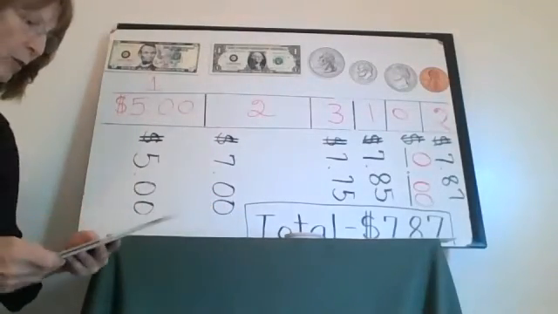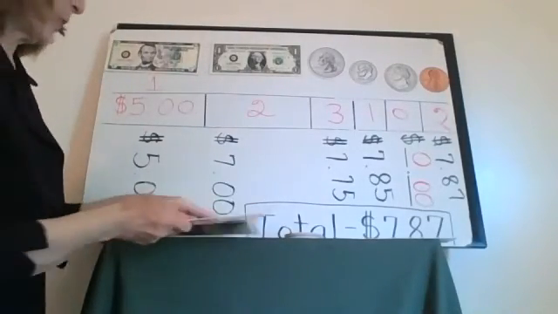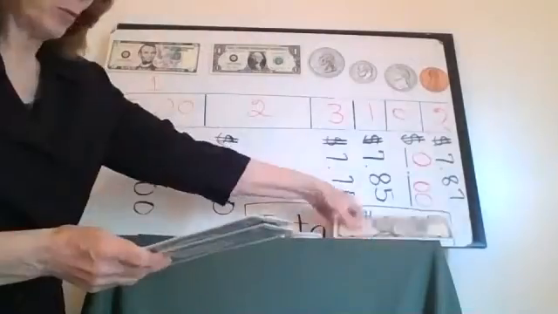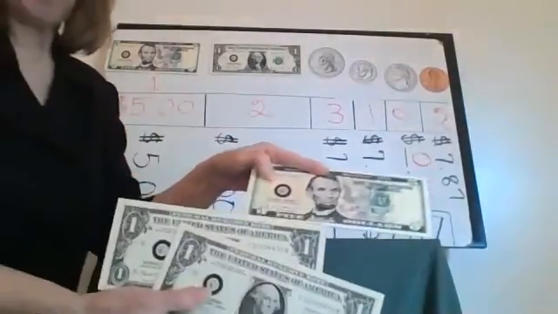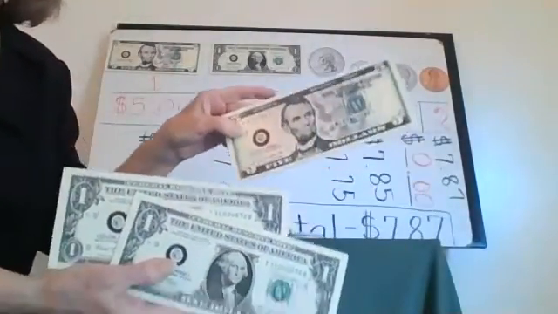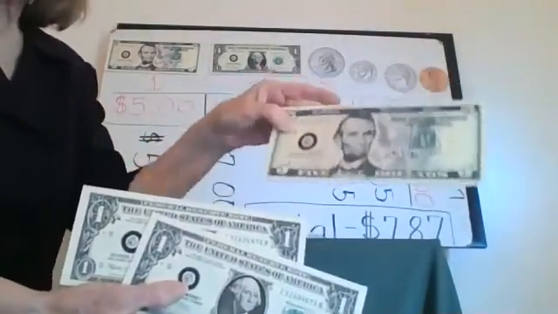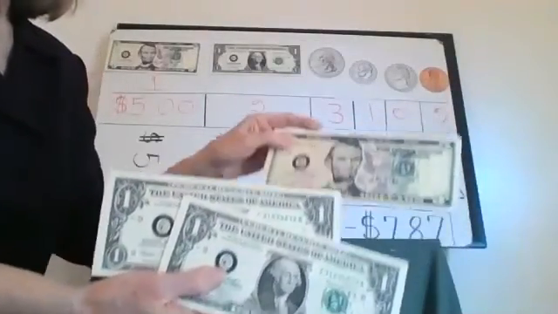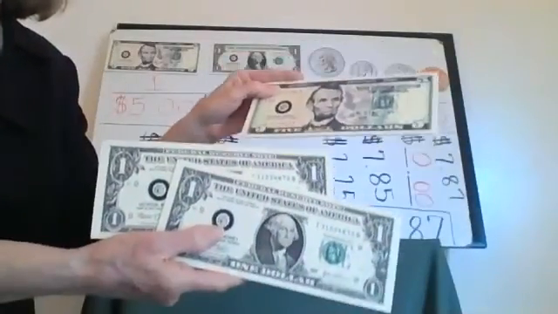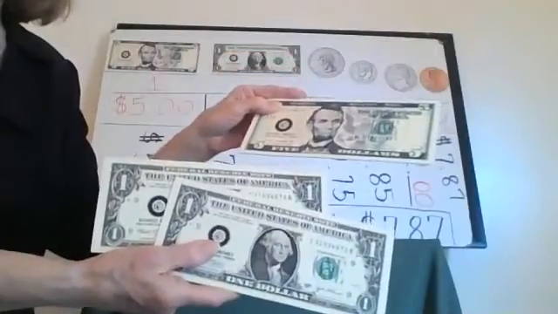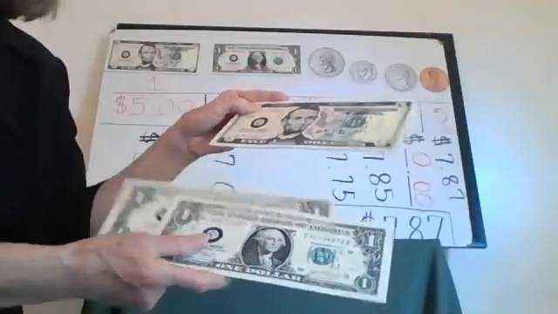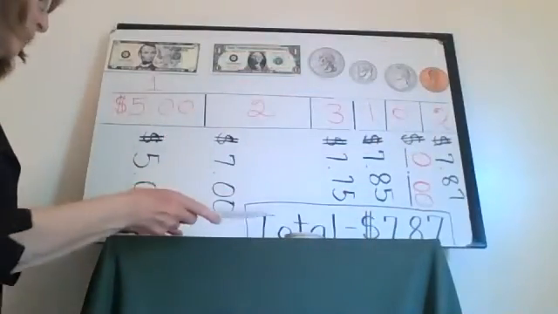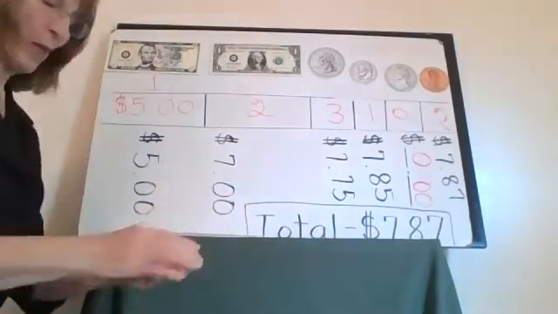Okay, now, looking at this, what am I holding up here? How much money is this? Here's a 5. And here are $2. 5 plus 2, 7. So we start out with $7. And then we have to remember,